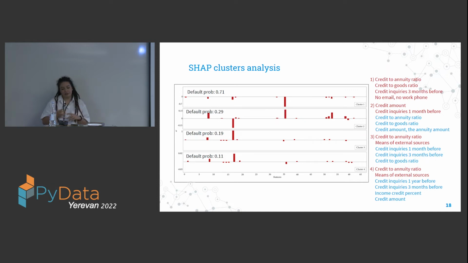So when you do this type of clustering and analyze these features at local levels, because the coefficients that SHAP gives us are local feature importances, we can see some features that are important for some people but not for others. And if we use regression analysis on the normal data, we would never pay attention to whether a person provided an email or didn't provide an email.